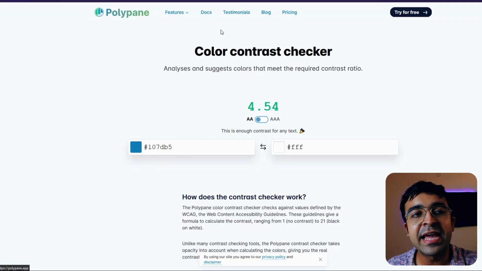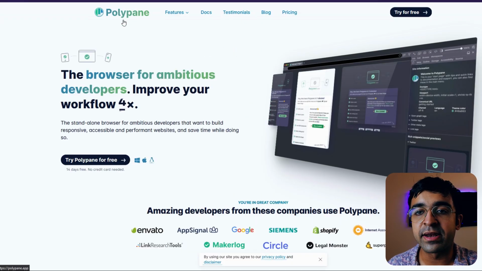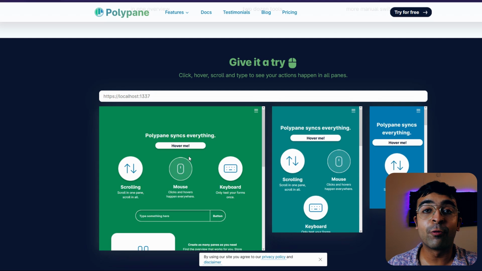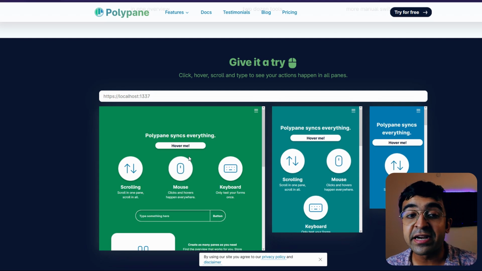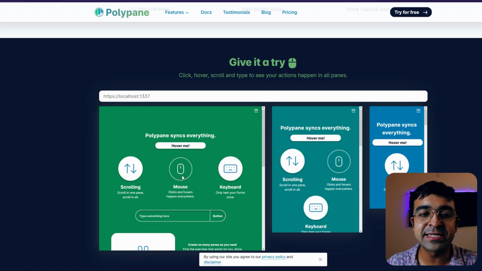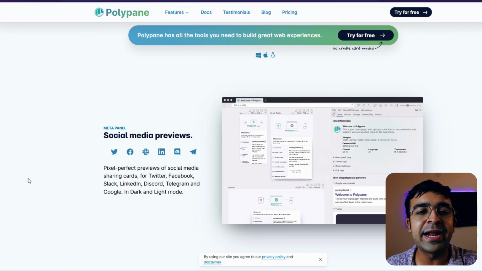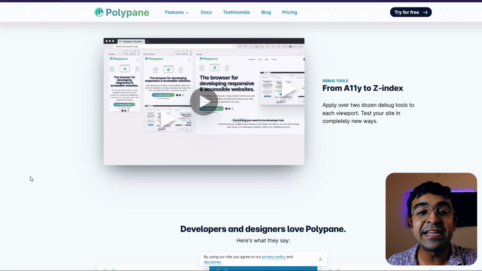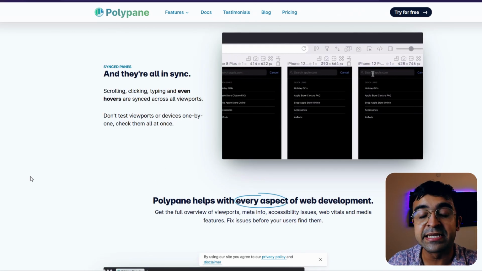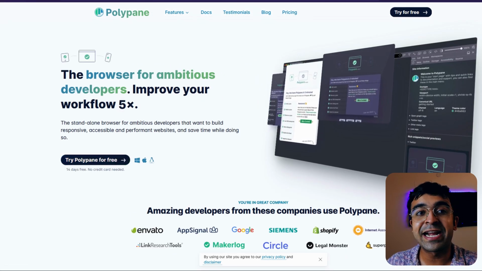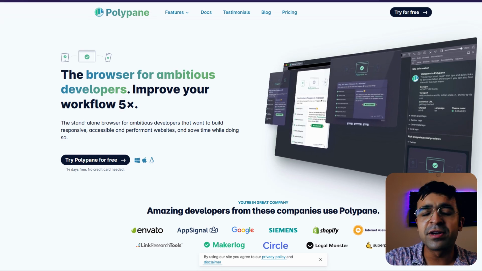And not only that, they have a tool set called Polypane, which allows you to check accessibility, colors, and even test out one single design on different screens if that is something that you're wanting to do. So if you've created a website, you want to check it out on other screens, side by side like this and working just like this, you can do that right here. So a whole lot of great tools that quickly allow you to make changes in colors, contrast, typography, and even adjust things on different screen sizes real quick with this. And of course, this tool is free. You can check it out alongside the Fixely Chrome extension or other browser extension as well.